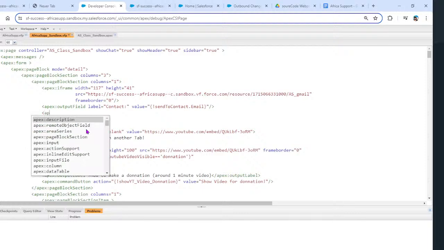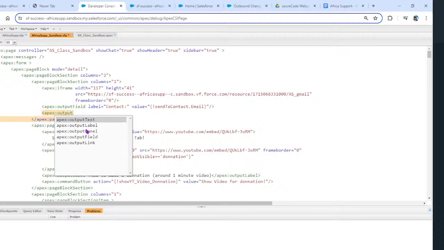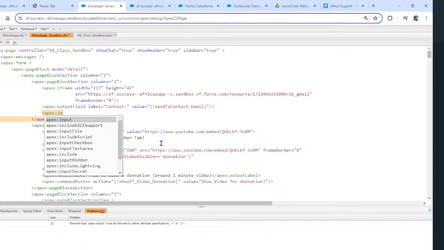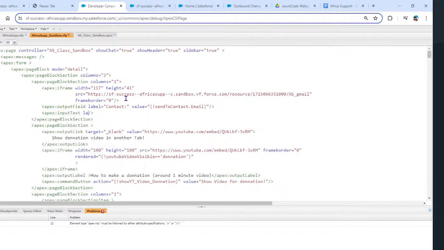So let's say it's gonna be Apex. Output text. Output field. Let's say it's a. Do we want to label a field? No, it's not output. Let's say input. No, it's an input. Input text for the subject. So let's say that is like email. It will be an email to send. Yeah. So I think we can do it like